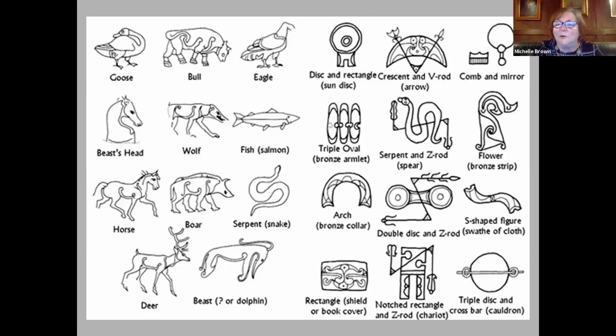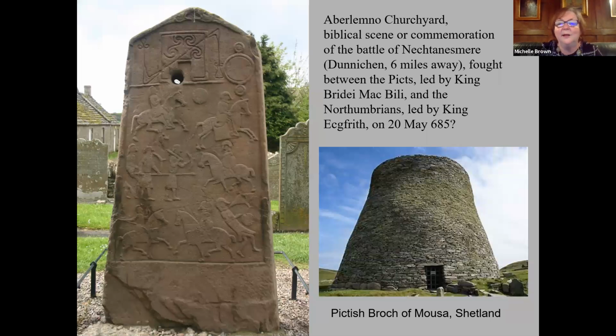And a whole range of these very distinctive symbols. The notched rectangle, one suggestion for that is it's a depiction of a broch, a very distinctive Pictish style of monument. The triple disc and crossbar, possibly looking down into a ceremonial feasting cauldron from above, those sort of things. There's a broch on Mousa in Shetland, where Sir Gordon and I spent a lovely time with their family